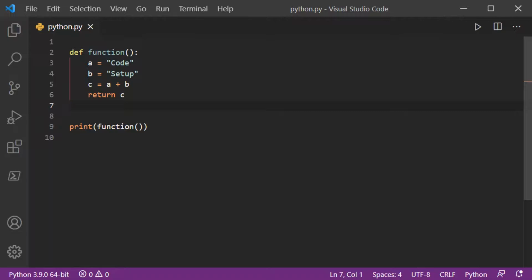Have you ever wondered about knowing what Python is doing under its hood when we are executing some Python code? We can see all the steps that are done by Python when we execute some code. So here is a simple code that is just a function that concatenates two strings and returns the value of